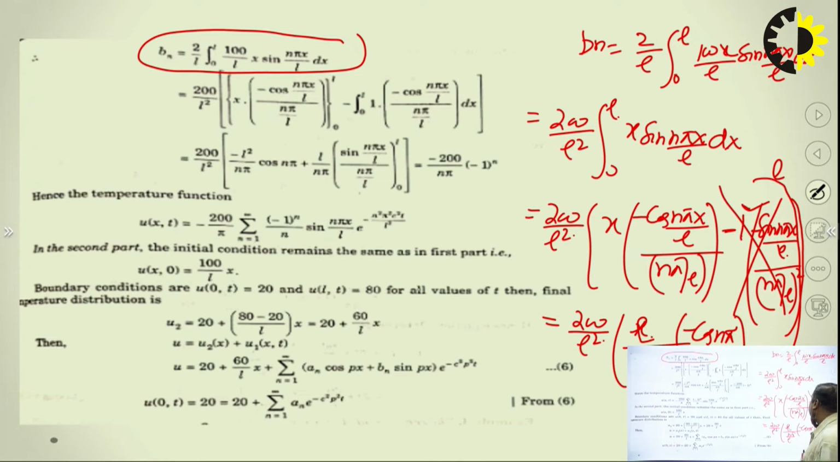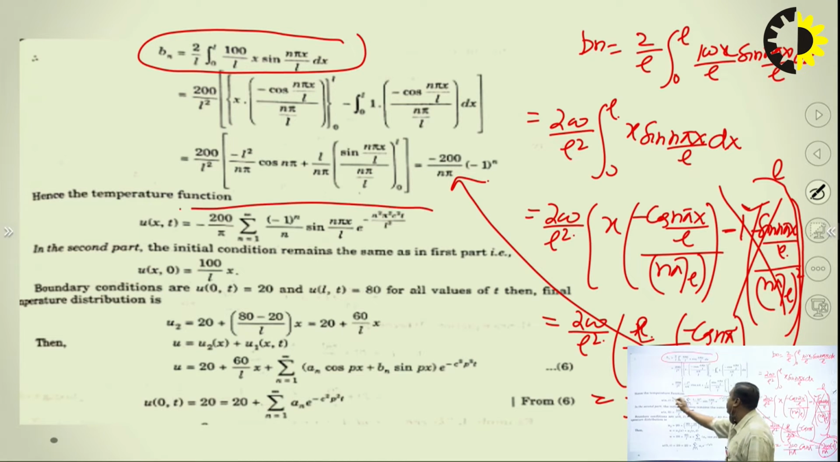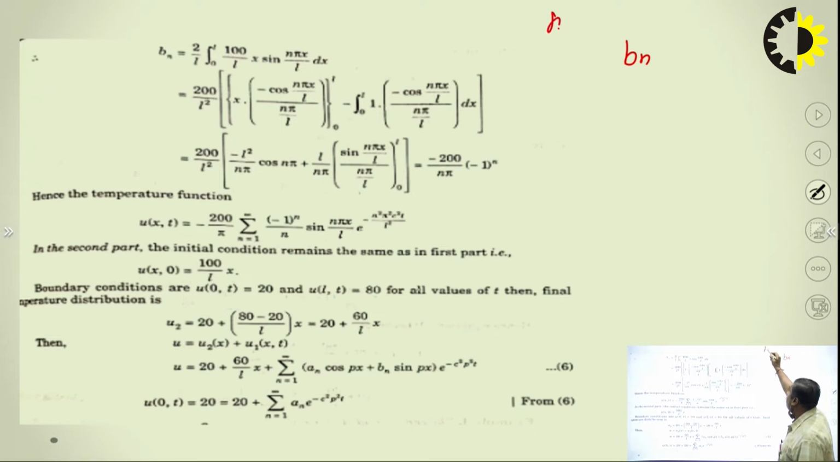And putting this value, this relation, we have the calculation value is minus 200 upon n pi cos n pi. Putting this value, and that has become minus 200 upon n pi, cos n pi is minus 1 to the power n. So value of Bn is this. Bn is calculated as minus 200 upon n pi minus 1 to the power n, and therefore u(x,t) is equal to substituting the value of Bn in this relation. Now putting the value of Bn in our equation,